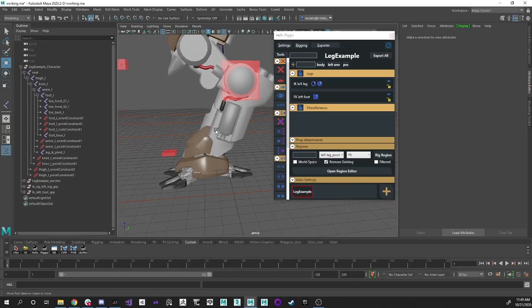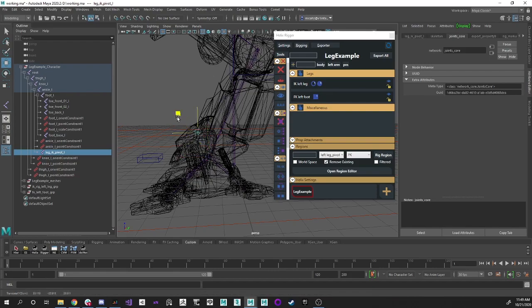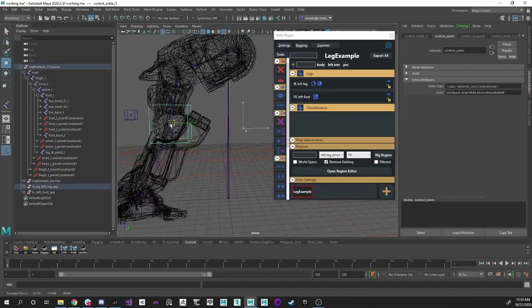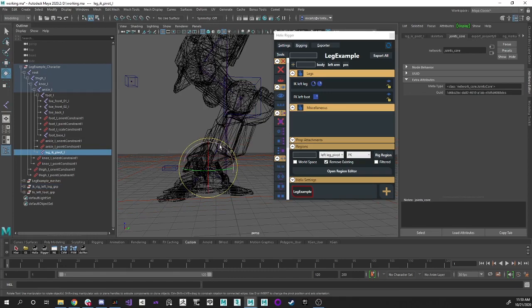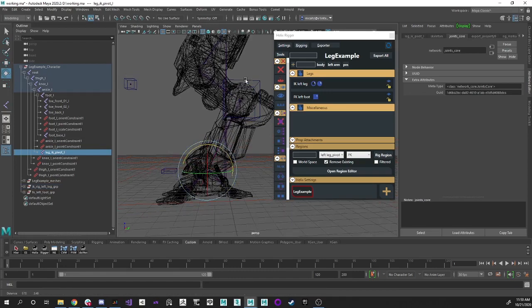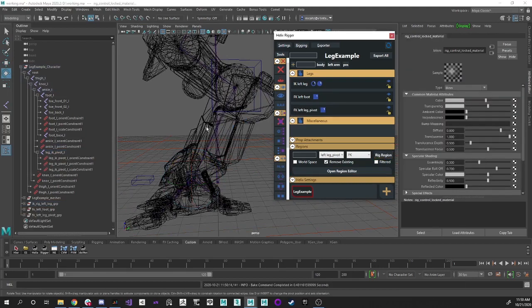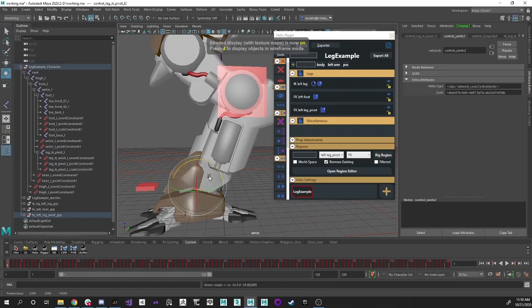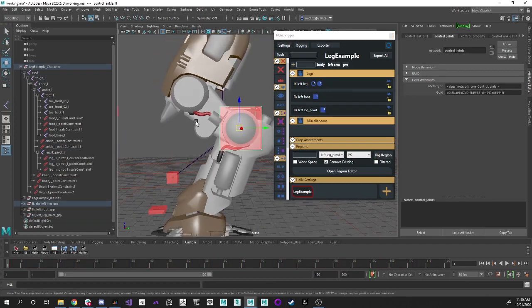So let's look at the pivot first. Since this pivot is in the hierarchy following the IK handle, when I move the IK handle, the pivot is going to be moved. But I want this to actually be a pivot point for the IK handle itself. So if I build an FK region here